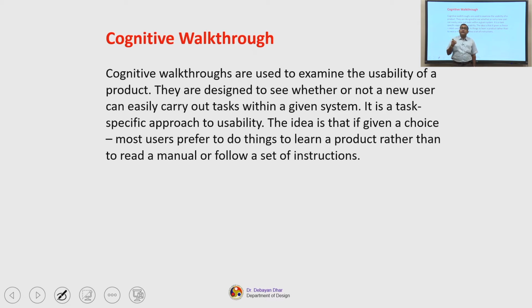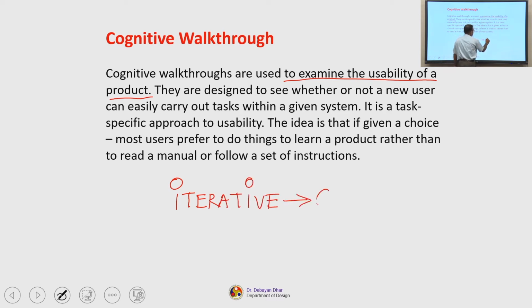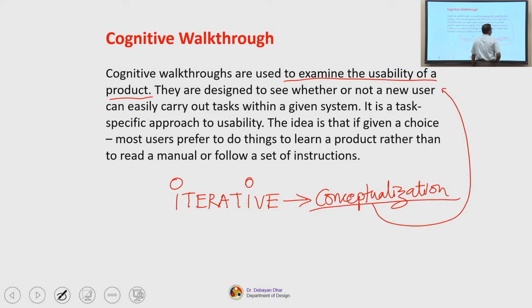So, cognitive walkthroughs are used to examine the usability of a product. The focus here is to examine the usability of a product, right. They are designed to see whether or not a user can easily carry out tasks within a given system. Remember why we are discussing this: we know that the design process is iterative in nature. When we are at the conceptualization stage, we have some idea, we want to get this tested to see how it works, and therefore we can conduct a cognitive walkthrough. These techniques are designed to see whether or not a new user can easily carry out tasks within